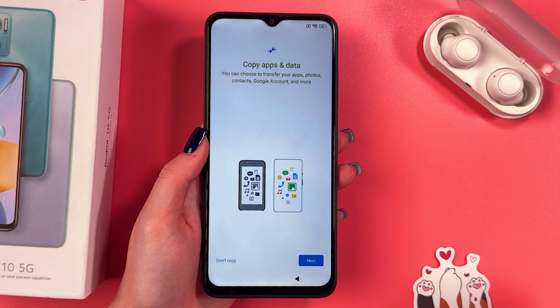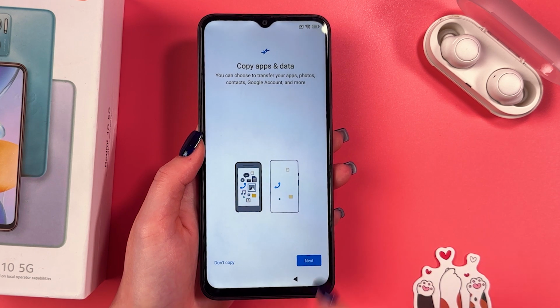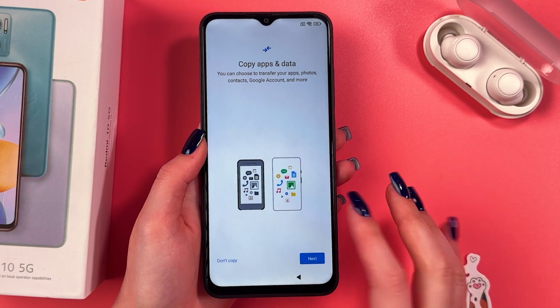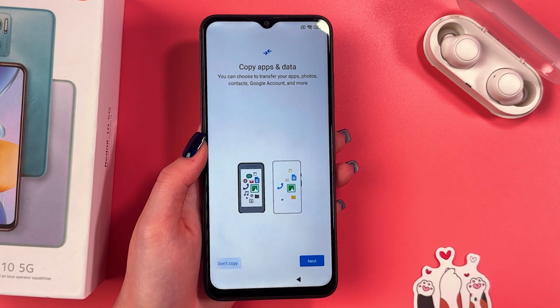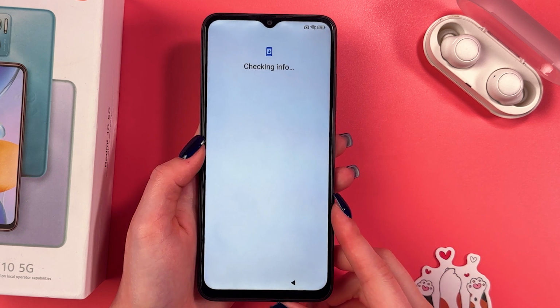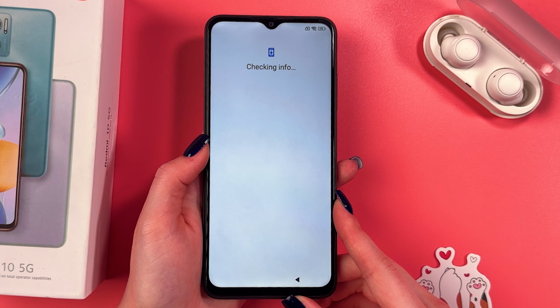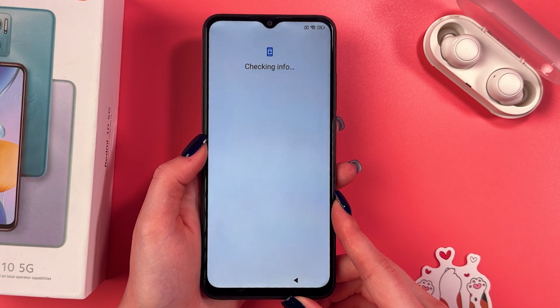Now select if you wanna copy apps or data from another device, you need to tap the next button, or if you wanna set it as brand new device, select this option to don't copy and move to the next step. Here the phone is checking info, so we just need to wait a couple of seconds